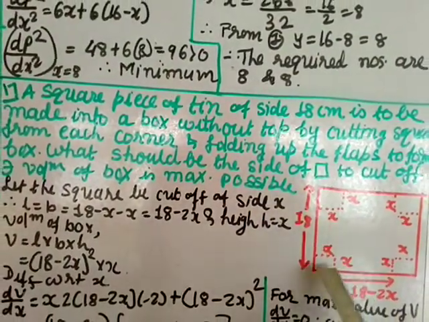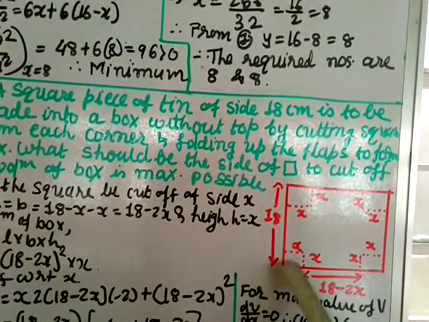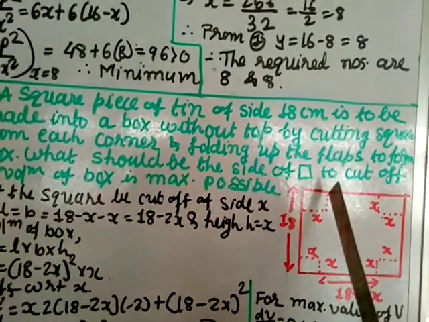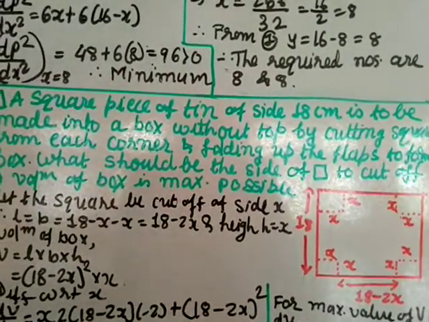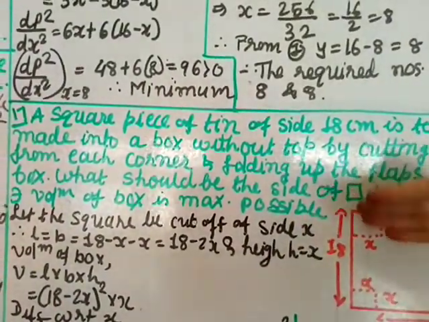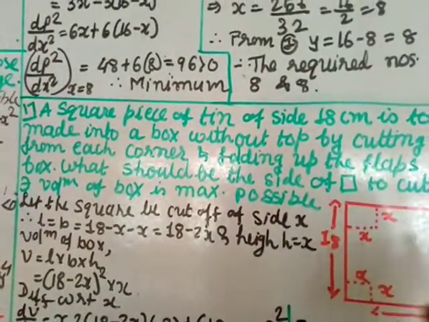See, now this is the sheet of paper. Okay, it is a square, 18 centimeter, 18 centimeter. They are saying that you are going to cut these four corners, one corner here, one corner there, but they are squares. So when you cut, you will get this part open. Okay, and you have to fold this like this, this you fold like this, and this you fold. So you'll get a box without the top.